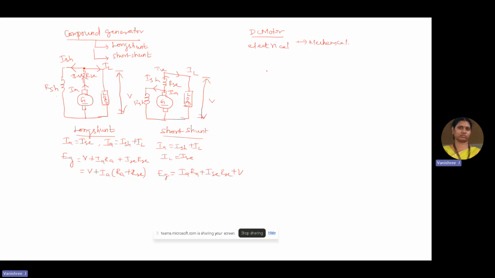Again, here we have the classification as self-excited DC motor, which is classified as the shunt motor, which has a constant speed, the series motor, which has a very high starting torque, and the compound motor. So coming to the shunt motor,